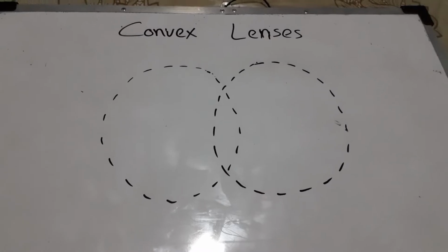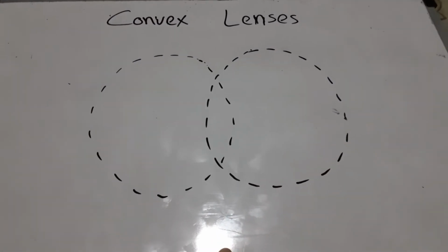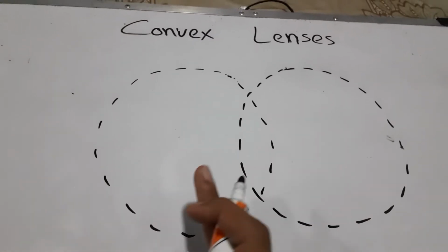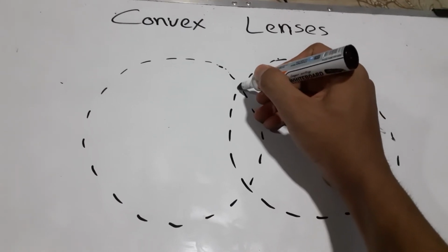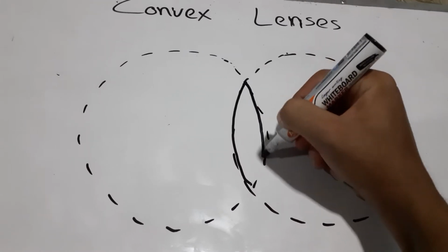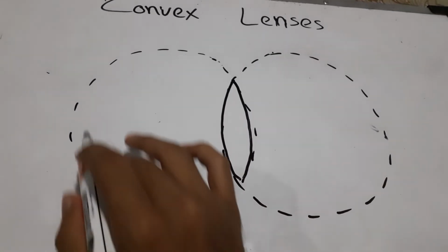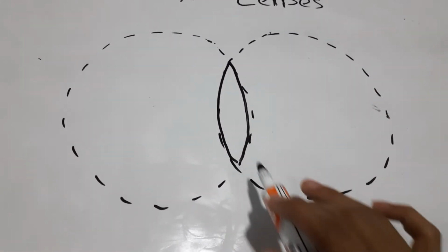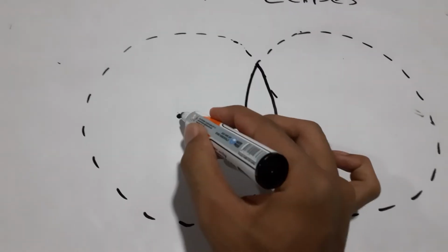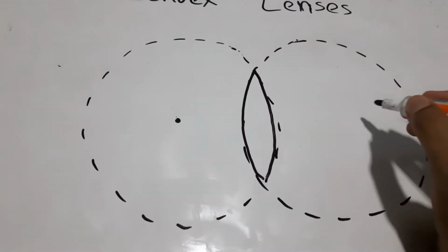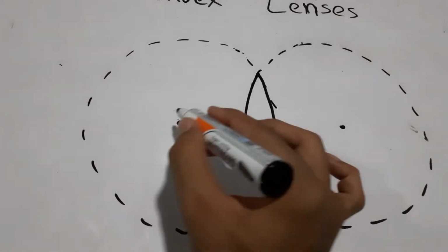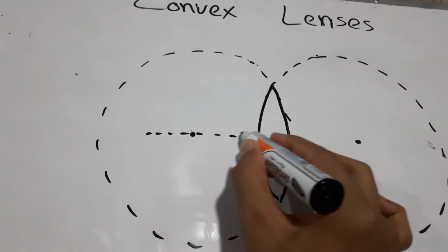Let's move on to convex lenses. When a convex lens is taken, you can draw two imaginary spheres on either side of the lens. If this is the lens, you can form two imaginary spheres from these convex surfaces. This is the center of the first sphere and this is the center of the second sphere. If we draw an imaginary line joining these two,